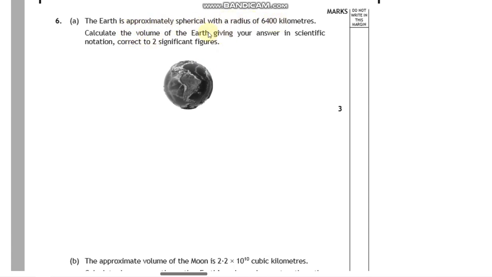Okay, calculate the volume of the Earth. Oh, actually, I was thinking part B. Yeah, so the volume of a sphere. Again, you're given that volume equation at the front: 4/3 pi r cubed, not pi r squared, pi r cubed. And what's my radius? My radius is just 6400 kilometers. So make sure you cube that. So get your calculator out. So far, nothing difficult. We're just substituting into our formula, and we should end up with